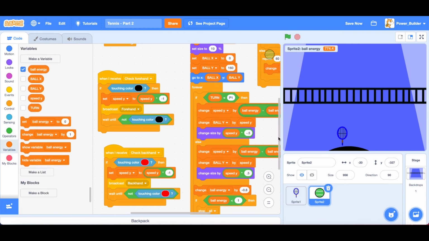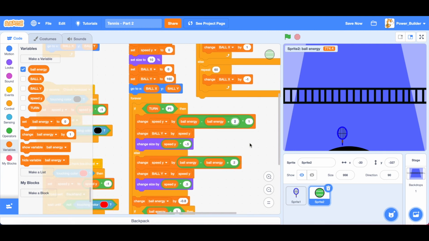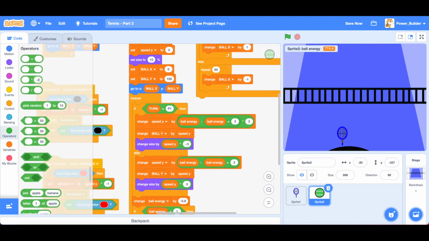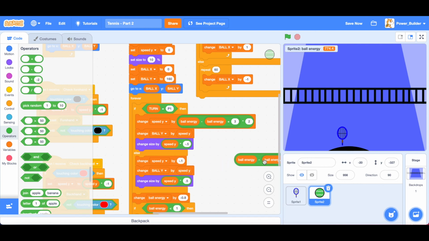Okay. So plus 3 multiplied by 2 maybe? What's going on? Okay, now it works.